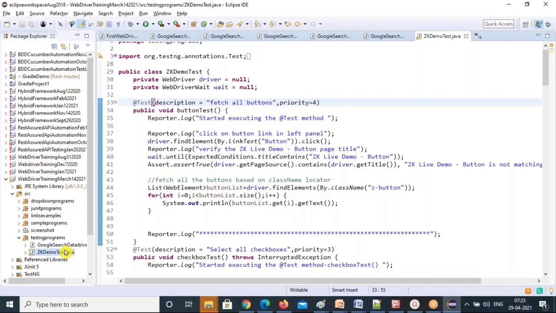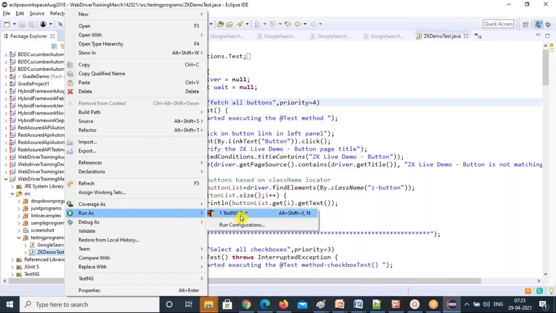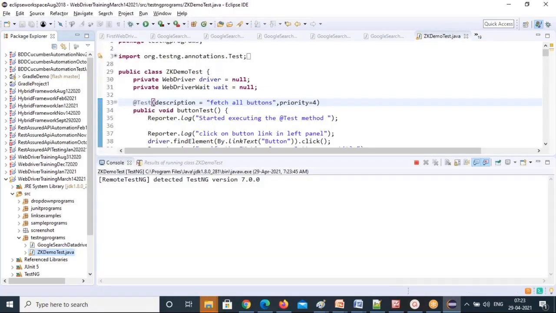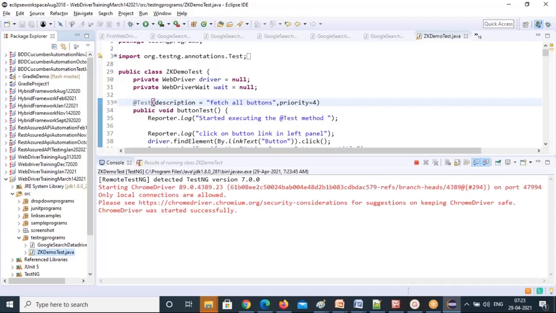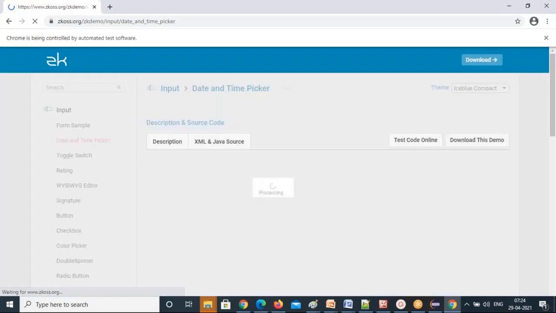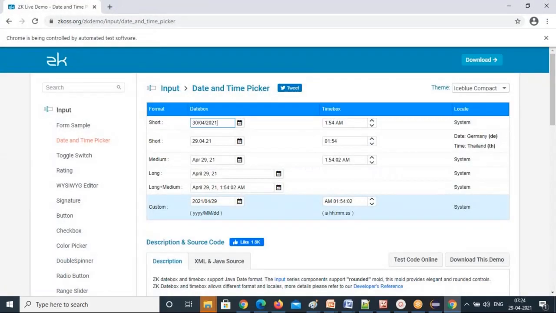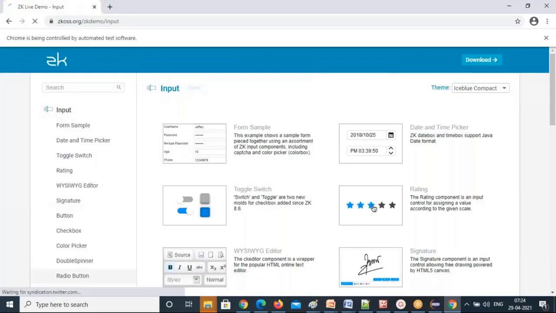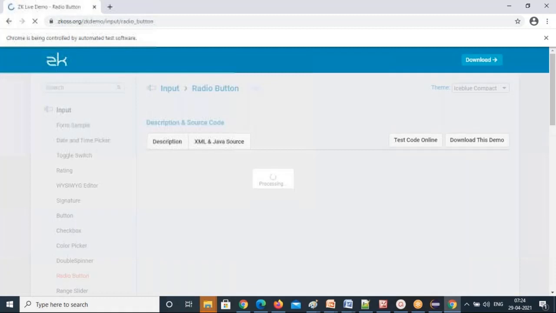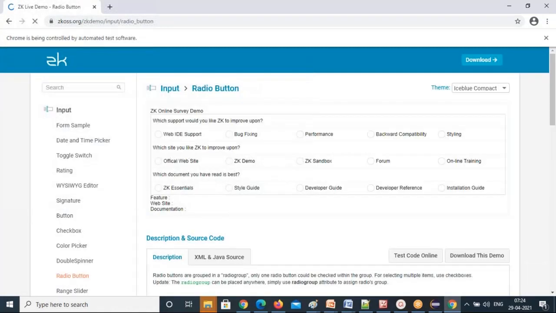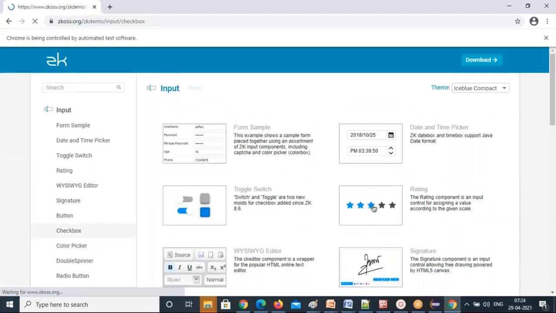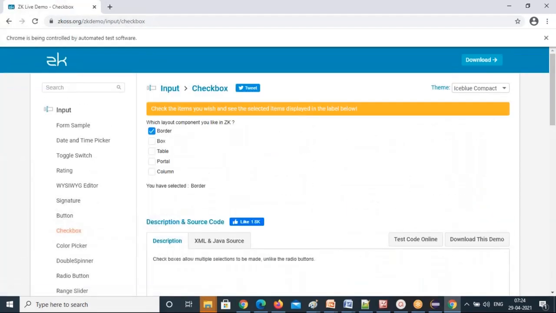Even reports are available. You can open the reports and see them. Now the tweet pop-up will execute first. So that is the order you can set with the priority keyword. See, first date and time picker, typed and came back, and 30th is typed. And then it is going to radio button. Whichever order you have given, that order it will execute. That's how to set the order with the priority.